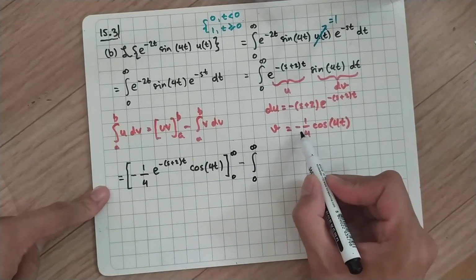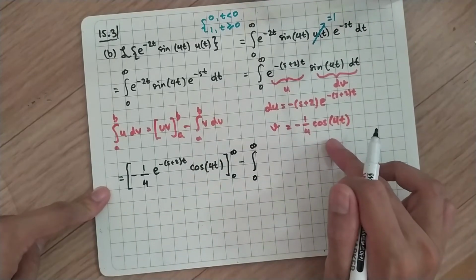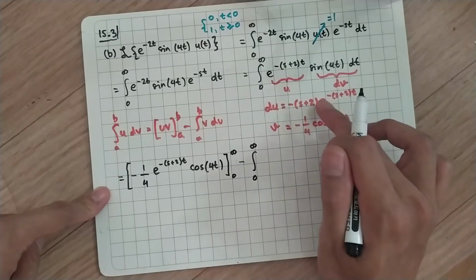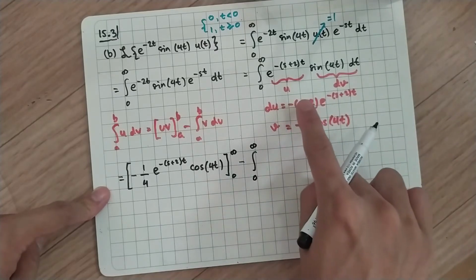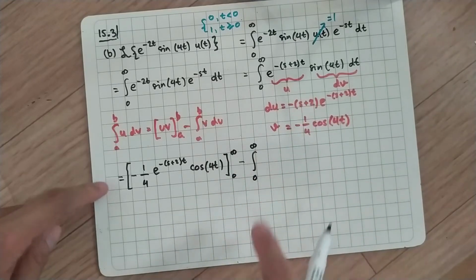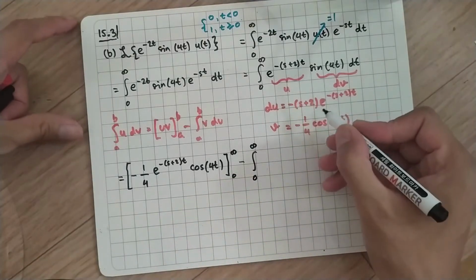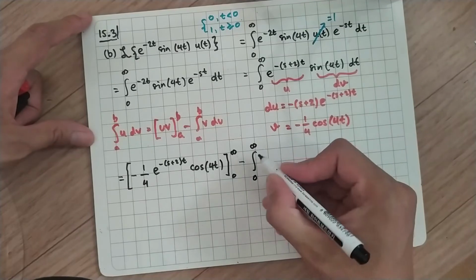Our v is this and our du is this, so we get minus minus becomes plus, and this will still be minus, so this will be